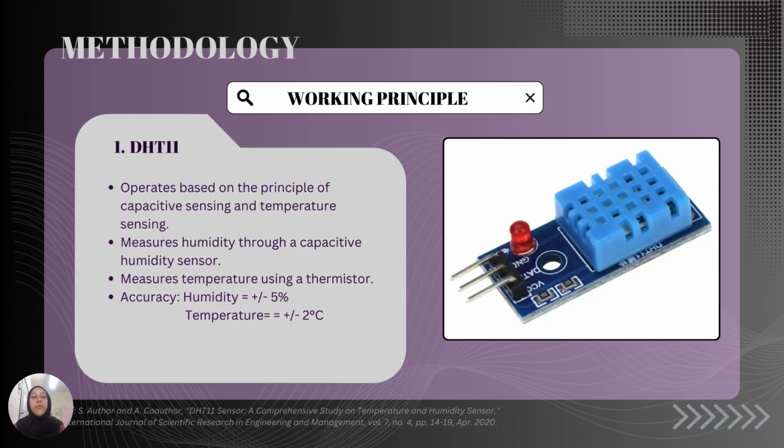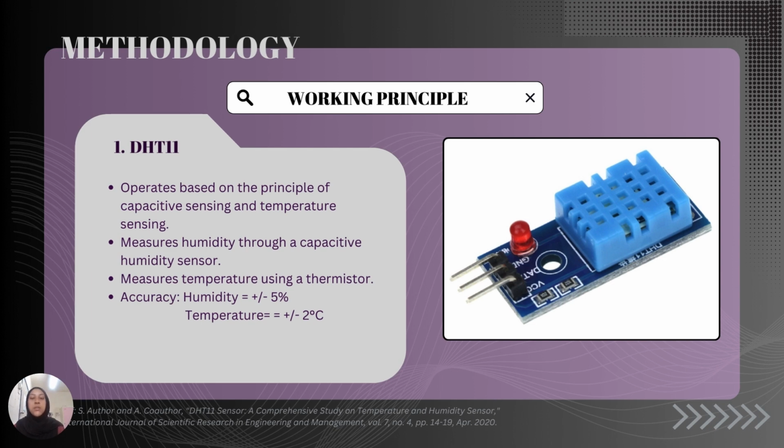So the working principle for the DHT11, it operates based on the principle of capacitive sensing and temperature sensing. This component measures the humidity through the capacitive humidity sensor, where when the component absorbs the moisture from the air surrounding, it makes the resistance in the component decrease. It also measures the temperature using the thermistor. So when the component detects the temperature as high, the resistance in the component decreases. The accuracy of this component for humidity is plus minus 5%, and for the temperature is plus minus 2